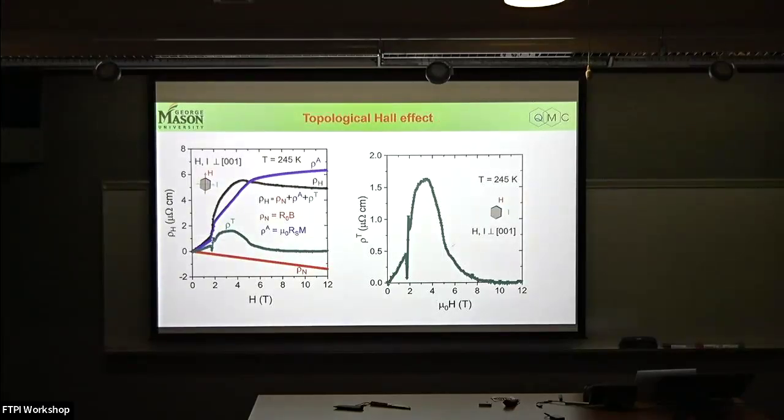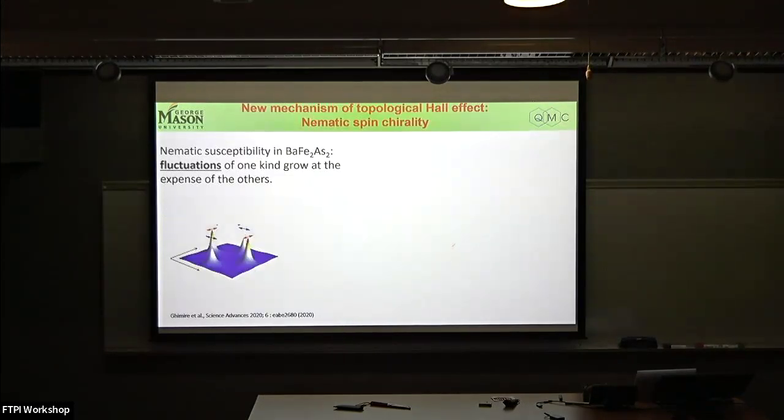So you can make this sort of poor man's subtraction, like try to interpolate between that, and then you get, basically depending on the eye of the beholder, this big peak here. So if you try to extrapolate a bit more carefully, you get a peak which is about this. I mean, that I drew by hand. Nirmal did a better job analyzing that. So now let me introduce what is sort of a new mechanism for this topological Hall effect,